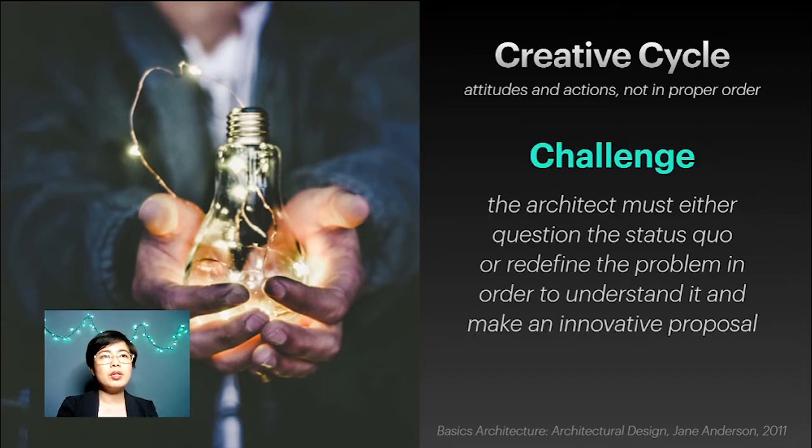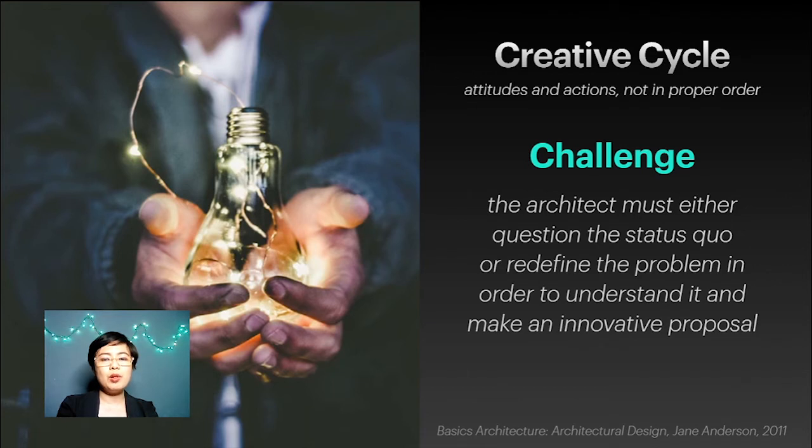The second one is the challenge. So, may choice yung designer dito. Pwedeng to question the status quo or redefine the problem in order to understand it. So, magsa-start pa rin tayo dun sa problem na kailangan solusyonan. And, bibigyan mo ng proposal. Kasi, ang status quo natin, you can either question it.